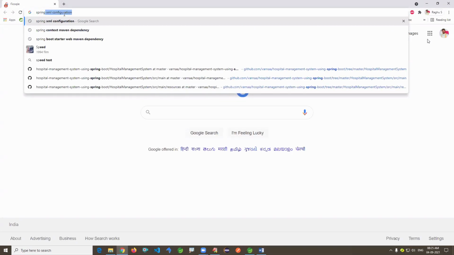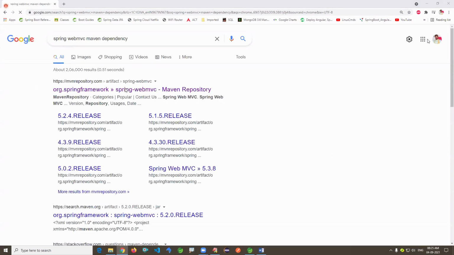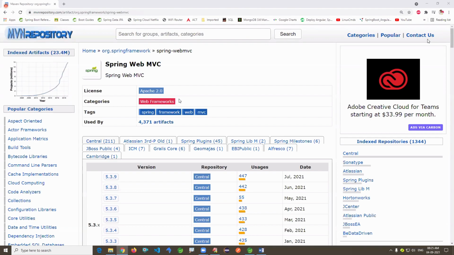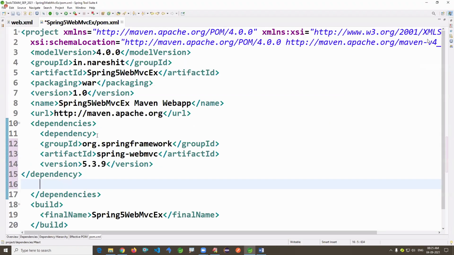Okay. Spring Web MVC Maven dependency. Choosing the same. Just adding this dependency.